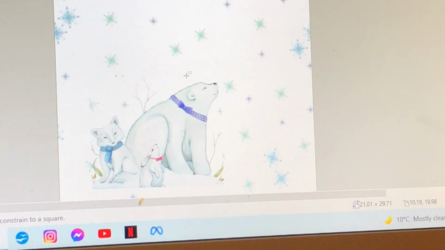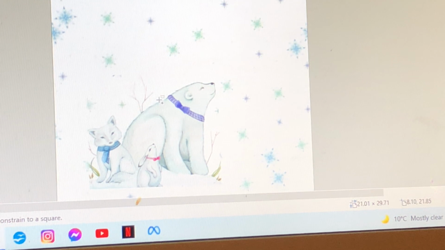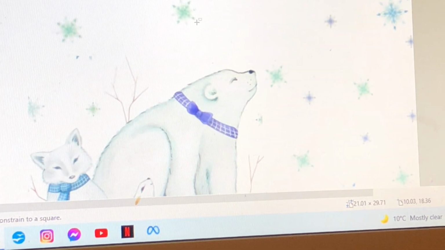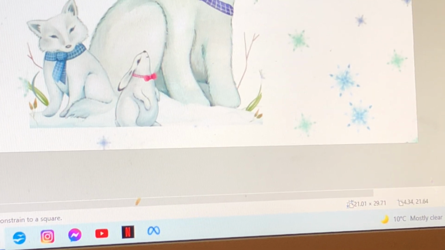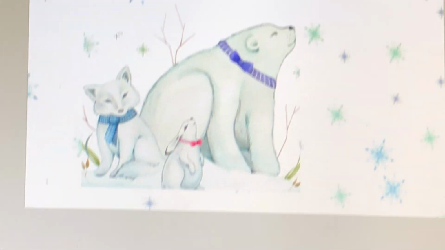Right, now I've done that, I'm going to Control and scroll in because I want to zoom in. And obviously just let go of the Control and move up and down to get where you want it on the page to see. If you can see that, I've zoomed in a little bit too far, but